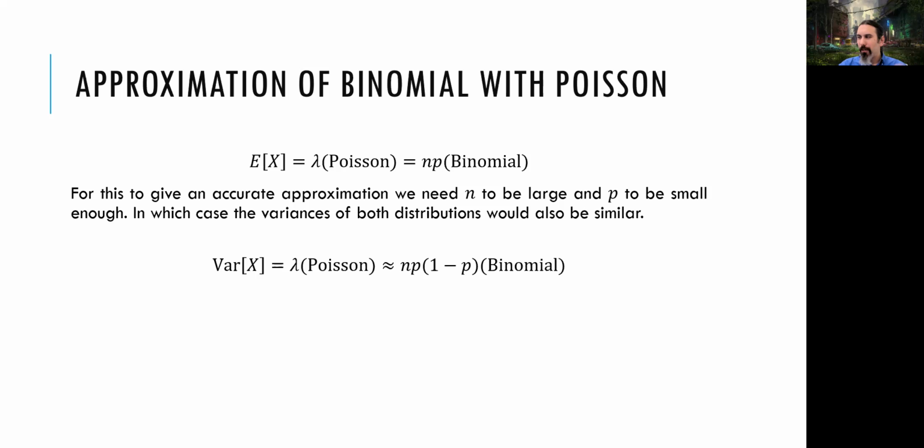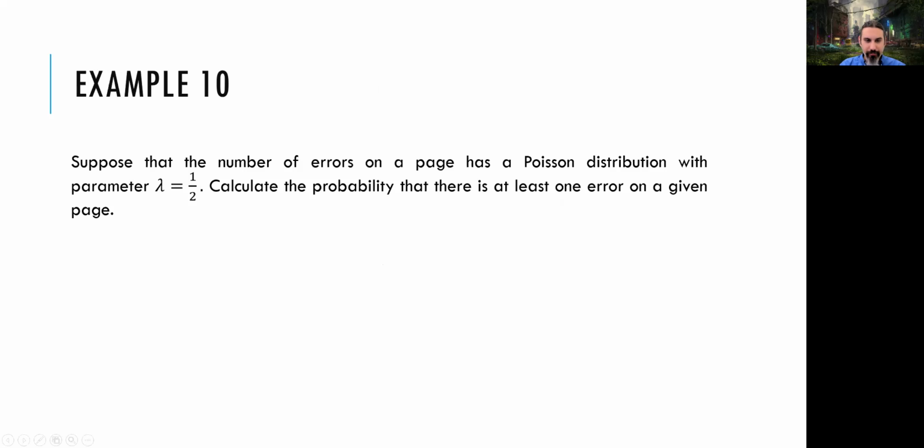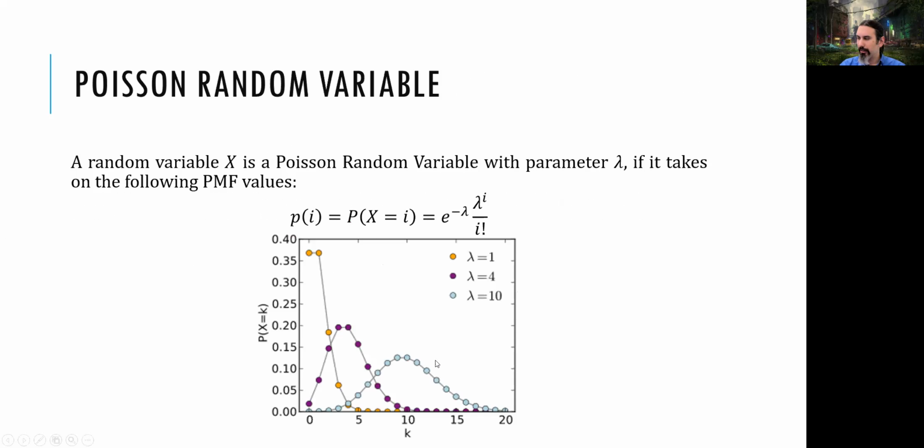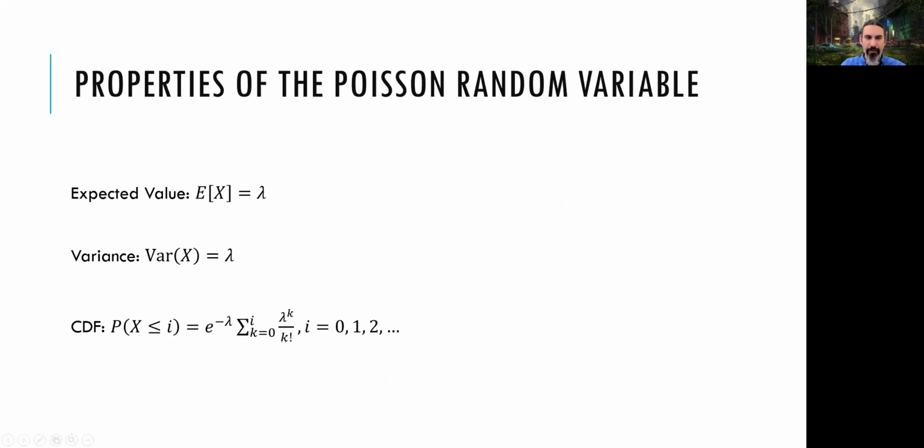Now, for n large enough and p small enough, those "enough" values are debatable, but still, it's easy to see how it goes. We can say that Poisson looks like binomial. For example, take a look at this lambda value again. As you can see, this shape looks like the binomial random variable shape. It had the same shape as well. So we can say that we can use one of them instead of the other.